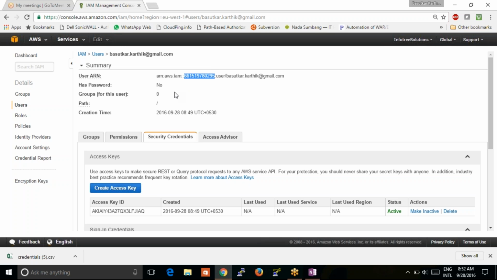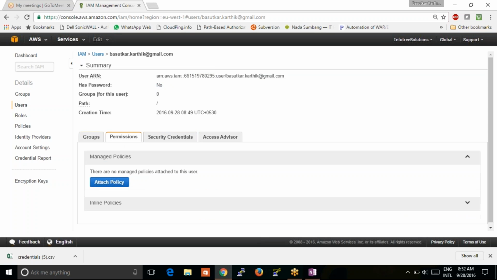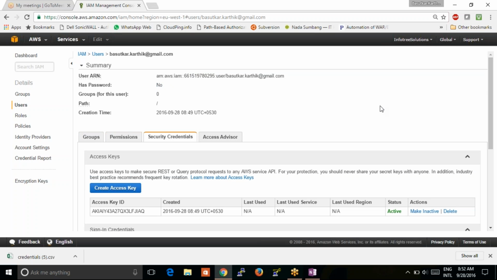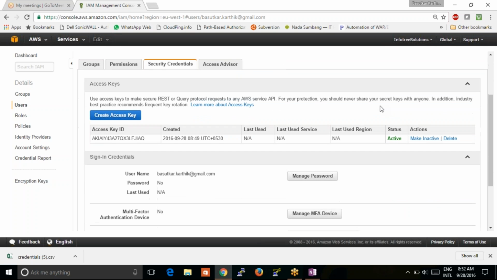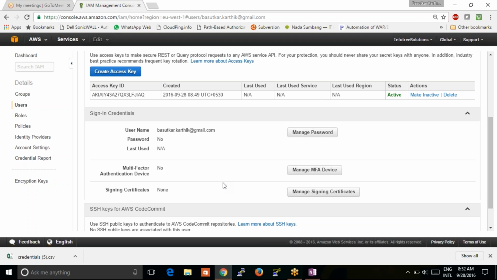So right now I have no password. If you want to set a plain text password with the user, go for this security credentials, sign-in. This is what the access key. Through the security credentials I had the access key, and the second thing is I said user plain text username and password. For me the username is basudka.kartik@gmail.com. I had no password till now. So manage password,